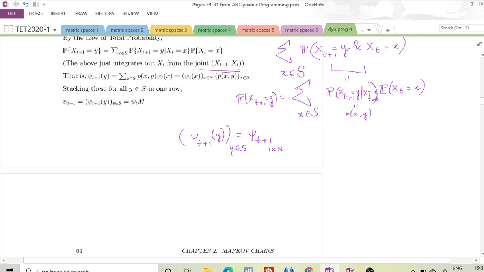And this summation here, we're going to regard it as a dot product. Okay, so it's a summation. I can just flip these because it makes it easier later. So I flip these and I write that it's equal to the summation of ct of x times pxy. Y is given to me when I'm doing the probability that xt plus 1 is equal to y. It's this.